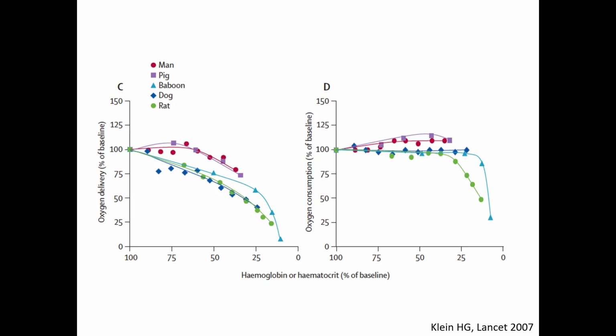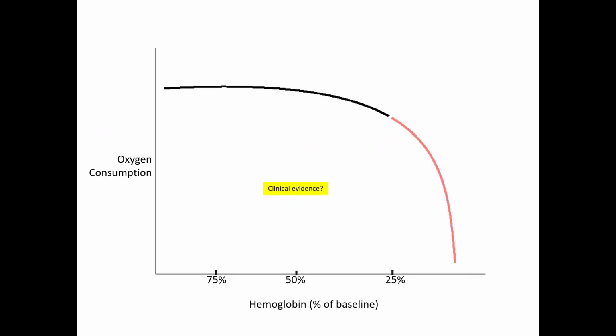But despite the drop in the oxygen delivery, oxygen consumption is maintained up until a critical anemia of almost 25% of normal. And this is primarily because of adaptive responses in oxygen extraction. This is being illustrated primarily to show you at which point on the oxygen consumption curve would red cells be